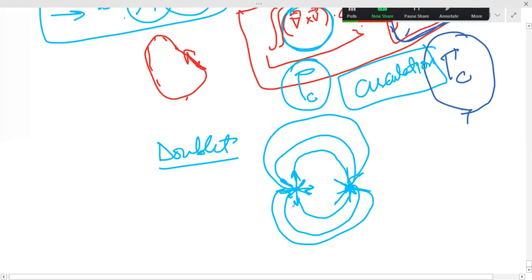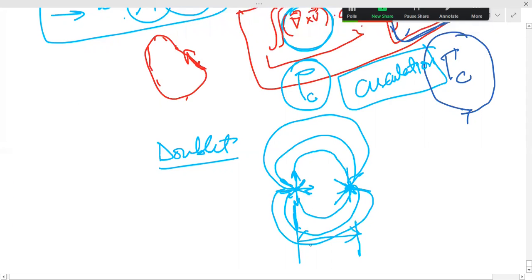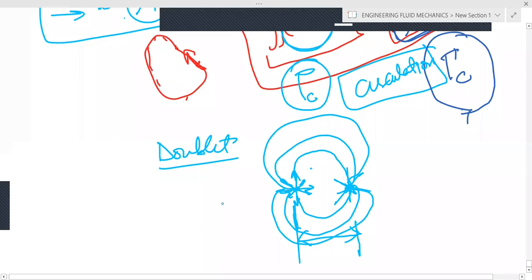So when this distance between, हाँ जी बताइए, क्या कह रहे हैं आयुष? सर, आपने ये क्या बनाया हुआ है लेफ्ट हैंड साइड में? ये वाला? हाँ सर, ये सोर्स है, और ये वाला सिंक है।